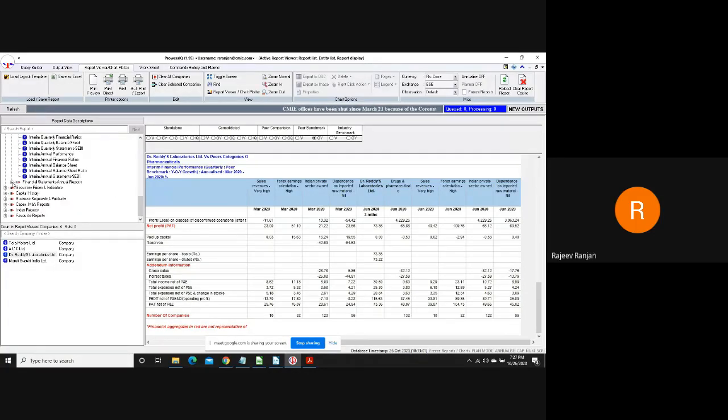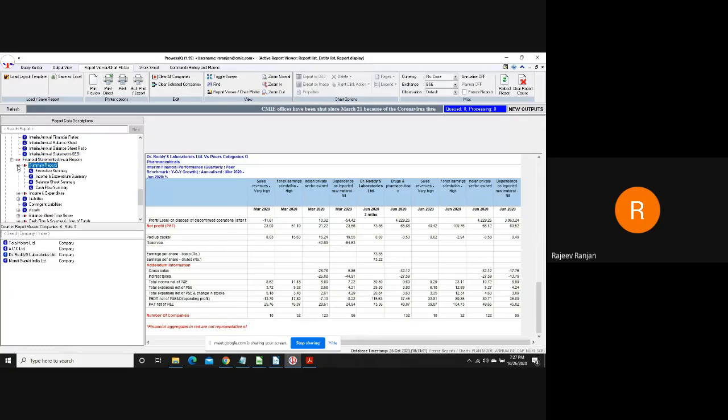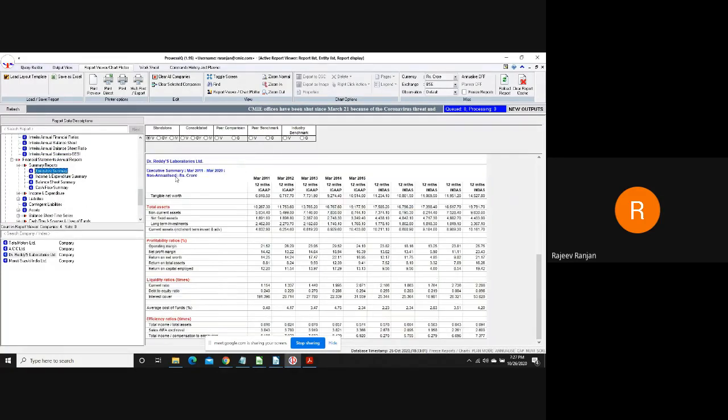Similarly, if we move to the annual financial statements, when we do an industry benchmark here, it compares all kinds of companies belonging to this industry, whether listed, unlisted, or private limited, and is computed here for each year.